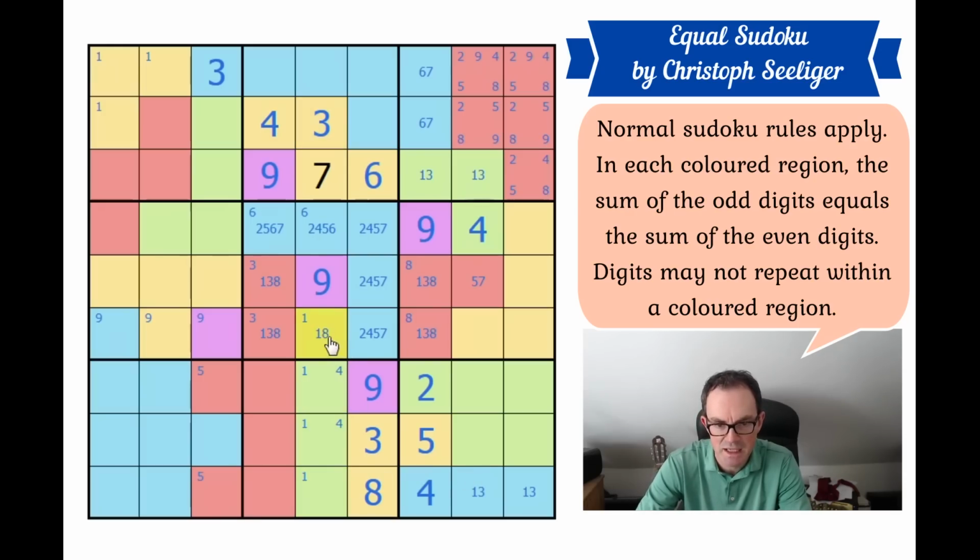If I put an 8 in here, I've got 8 plus 4 is 12. And I've only got a 1 as one of the odd digits. And then 1 plus 9 is 10. That does not equal 12. This is a 1. Therefore, we get a 3, 8 pair here. That means that one's an 8 just by Sudoku. No 8s over there. It's sort of almost got a unique dominoes thing going on there, look. Well, especially as that can't be a 1. I rather suspect we're going to find that this is all...